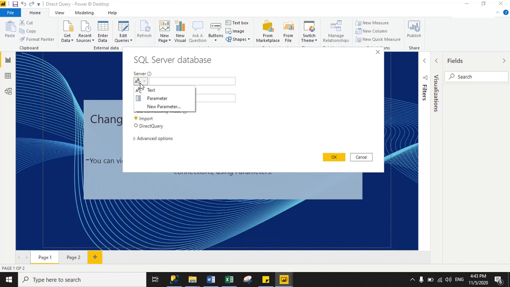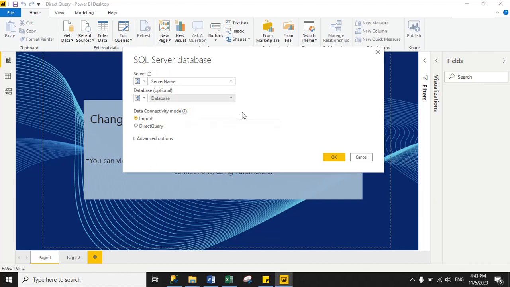You want to connect with text or parameter or no parameter. Here for server name and database we created two parameters, so I want to connect with parameters. Just click parameters. See, here you have a drop down of all your parameters. So this is server name, so I select the server parameter. Same for database, click parameters, and this is database, so select database.